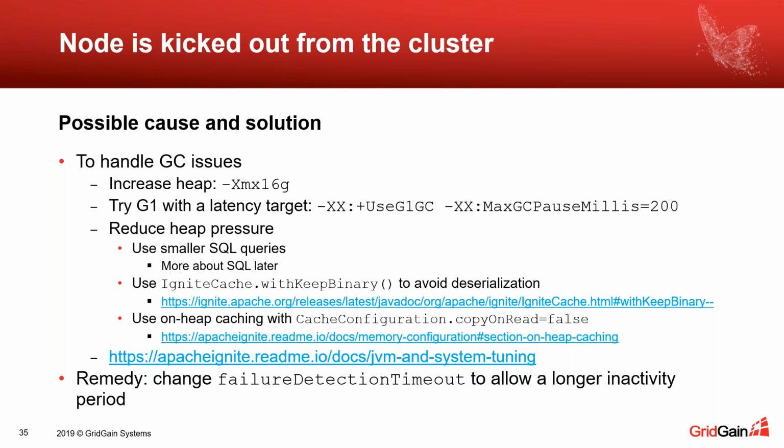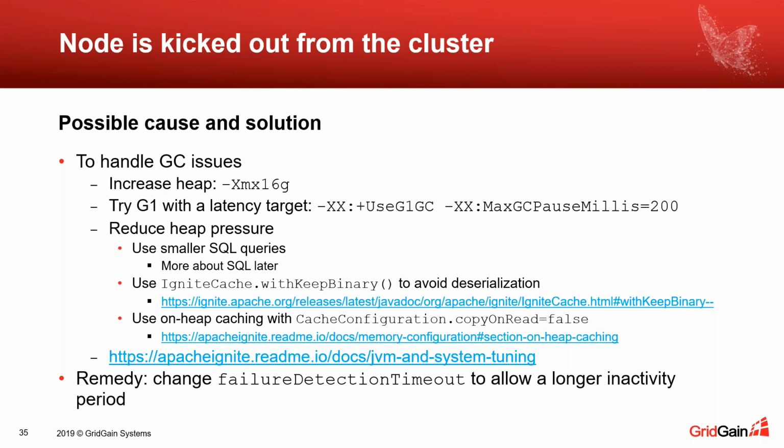which will mean that your data will stay on the heap and it will not be copied a lot. And this will greatly reduce allocation rates on the Java heap and reduce heap pressure, make the life of garbage collector easier. You can also increase failure detection timeout, because failure detection timeout that we saw previously is also responsible